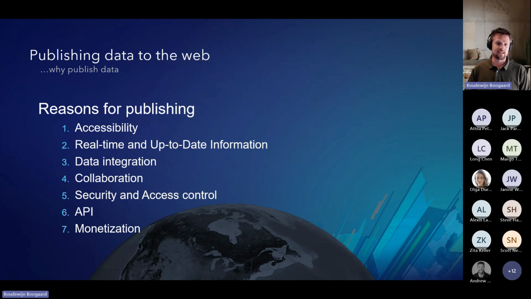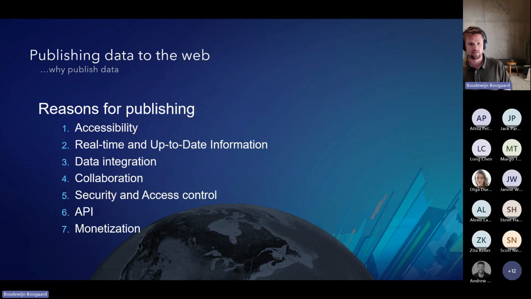And there's one thing that is actually quite important, is that every service that you publish is also an API. So that comes into the data integration type of thing, but it also allows you to automate your workflows because you've got that API for your layers. You can talk to that service, so you can request query data, but you can also make updates to your services as well.